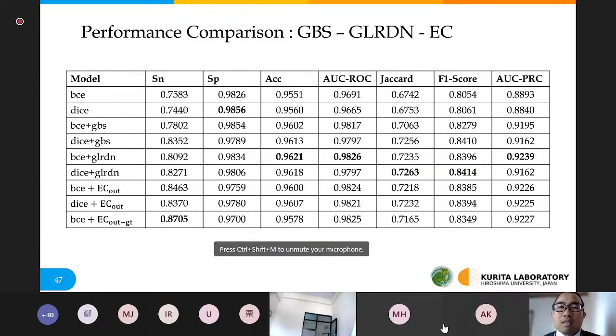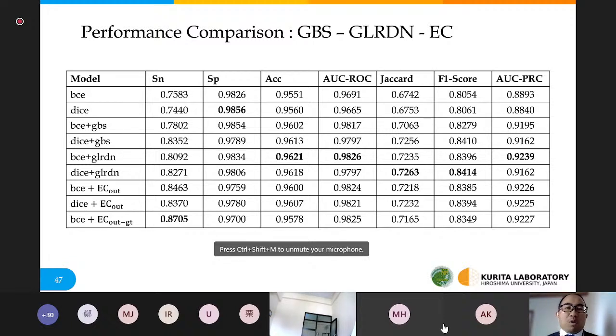Finally, this is the performance comparison between graph-based smoothing, GLRDN, and the Euler characteristic regularizer in one table. So according to this table, all proposed regularizers bring good performance in all metrics if we compare them with the baseline.